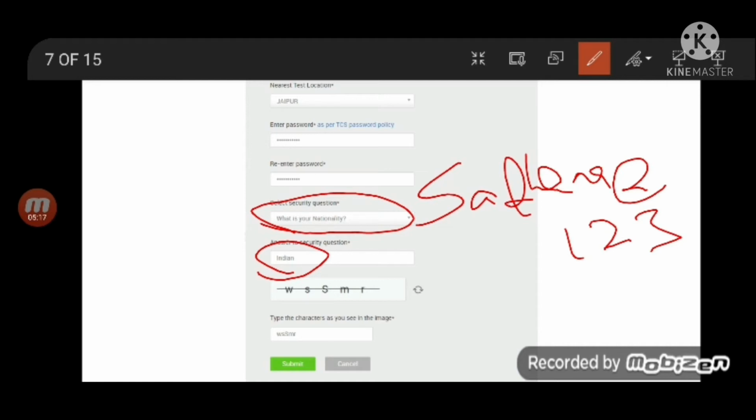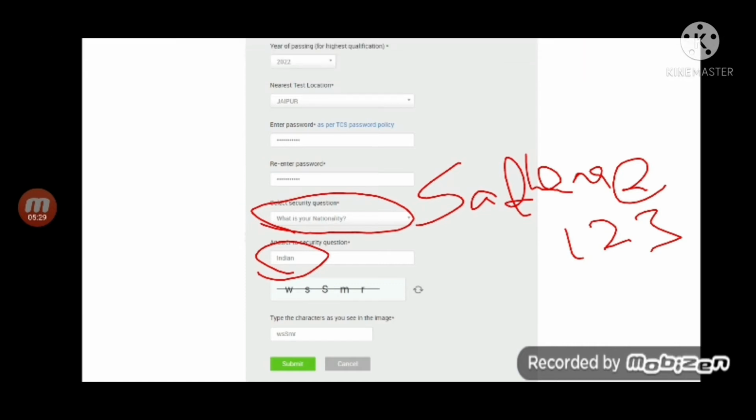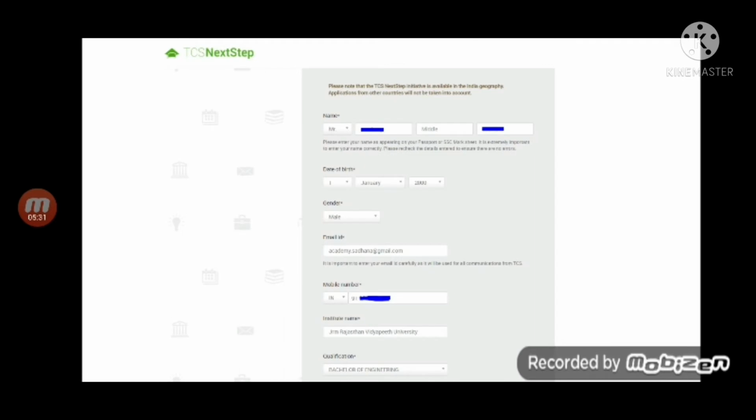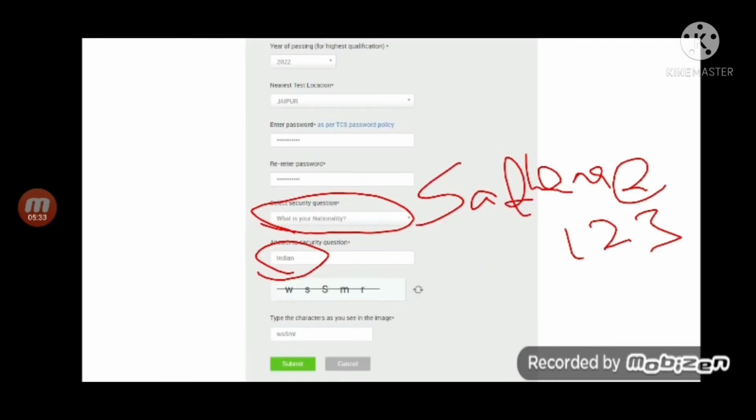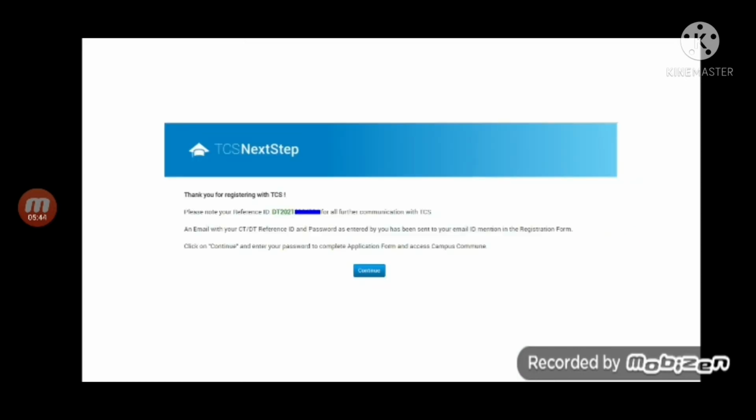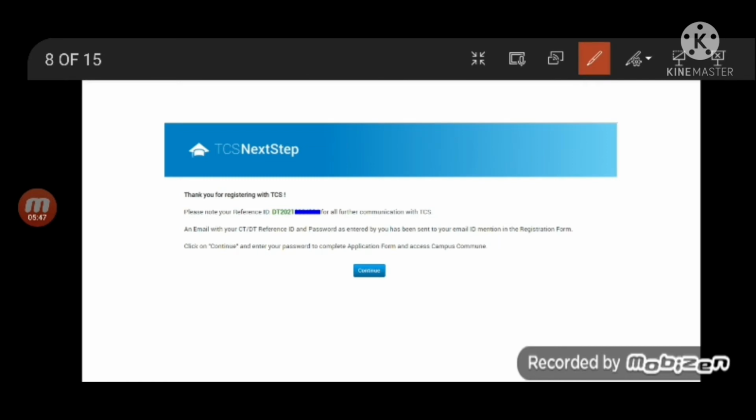But the server also doesn't respond in the last minute if you forget your password. So don't stretch to the last day. Register immediately. These are very, very important inputs. And whatever fields you enter in this form are not editable. So these are one-time entries, so do not make any mistake. Observe very, very carefully before you submit this. And once you click on this submit button at the bottom, that will take you to this page where you will get the CT and/or DT reference number. This is the number you get.